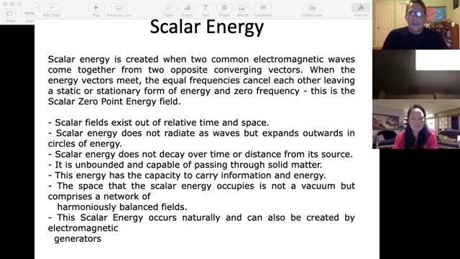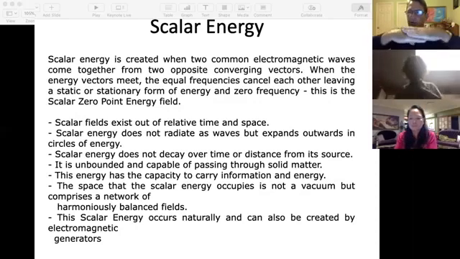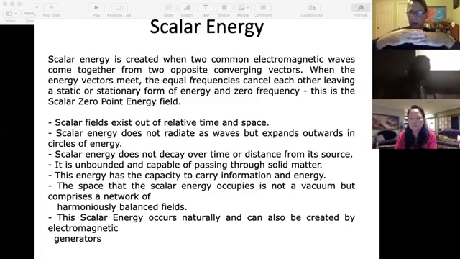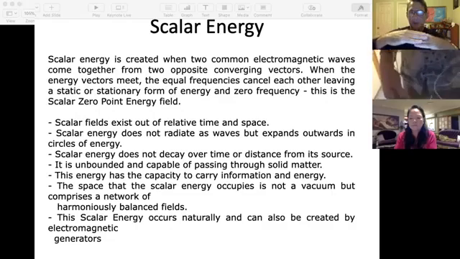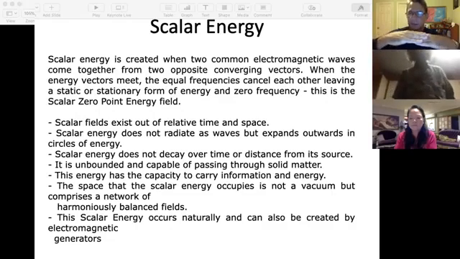Basically, they're created when you get two electromagnetic waves coming from opposite directions, converging and completely matching in their frequencies and wavelength. As they overlap, they neutralize each other. So the electromagnetic component is neutralized, but that leaves behind what we call a zero frequency or a scalar zero-point energy field,